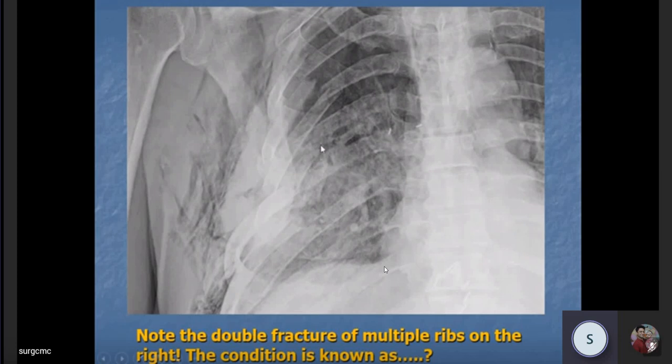1, 2, 3. Here is another rib. At least 5 ribs are fractured in this plate, I can see. But in a few ribs, at least in one rib, I can show you. This is a flail zone. This is one fracture. This is another fracture. So multiple ribs are fractured, and a number of ribs are having 2 or more fractures. Here at least 2 fractures are there. Okay, am I clear?